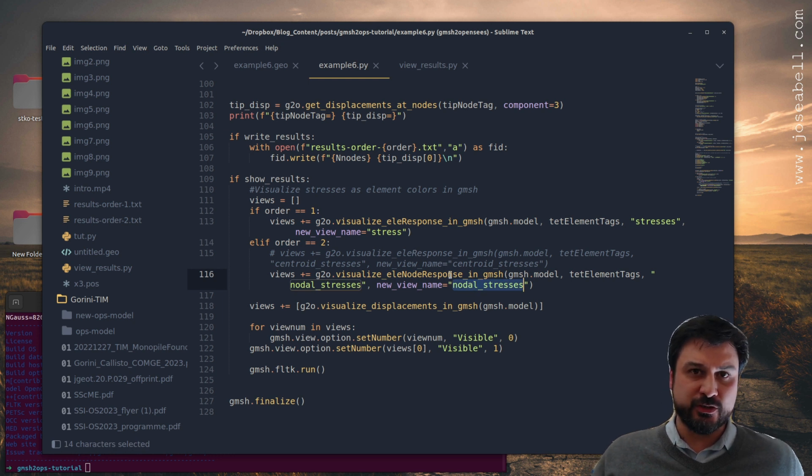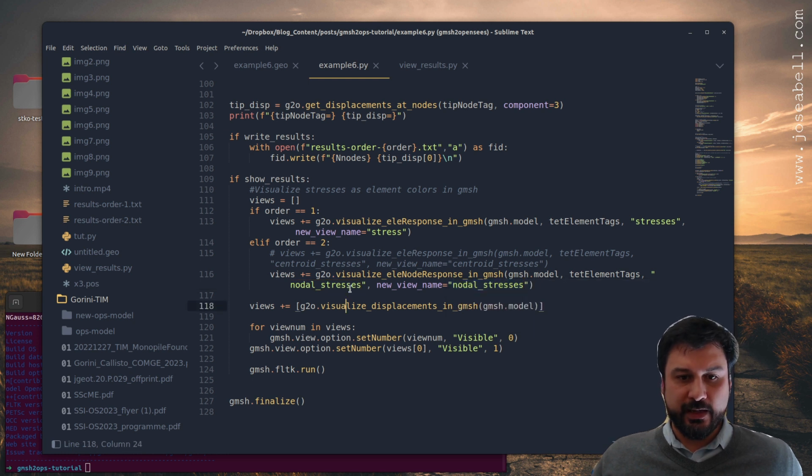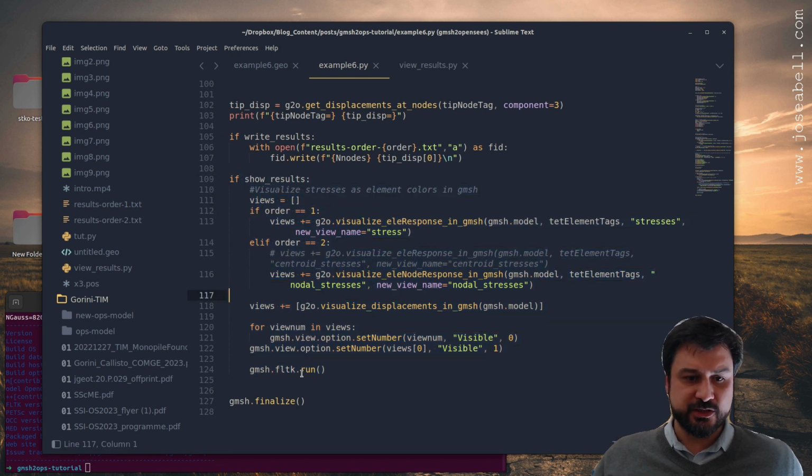If you want the version of OpenSees that can do this, you're going to be needing to compile your own version of OpenSees starting from my repo. I'm going to give some instructions on how to do that in the description below. And anyway, we add all those views to Gmsh, and these options are in the previous videos. Take a look at those if you want to see what this means, or ask in the comment section, and